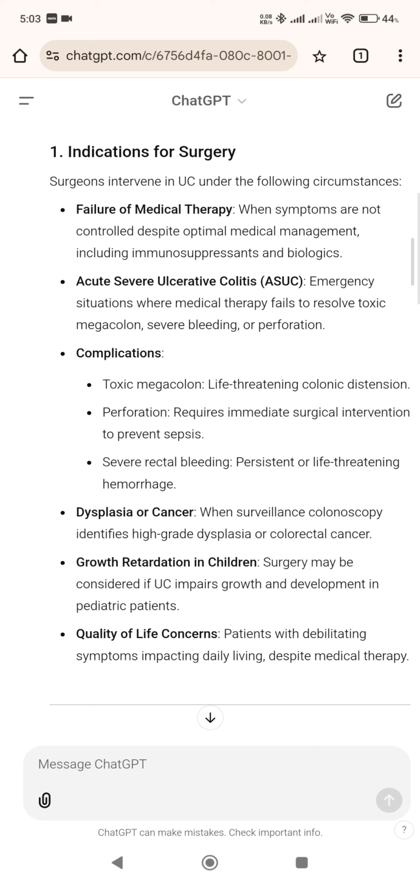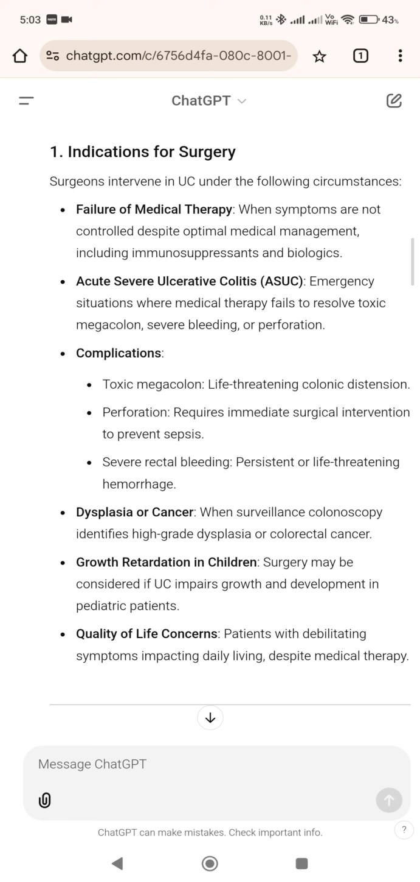1. Indications for surgery. Surgeons intervene in UC under the following circumstances: failure of medical therapy, when symptoms are not controlled despite optimal medical management, including immunosuppressants and biologics; acute severe ulcerative colitis, ASUC, emergency situations where medical therapy fails to resolve toxic megacolon, severe bleeding, or perforation; complications: toxic megacolon, life-threatening colonic distension; perforation, requires immediate surgical intervention to